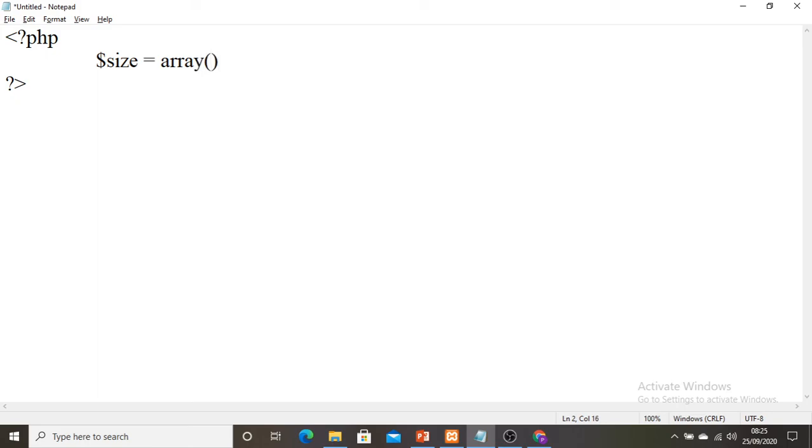Here the size of the array, size means I am going to define something like big or small. So first the size I will take as big, then I will take the size as medium. I hope the spelling is medium. Then the next is short.